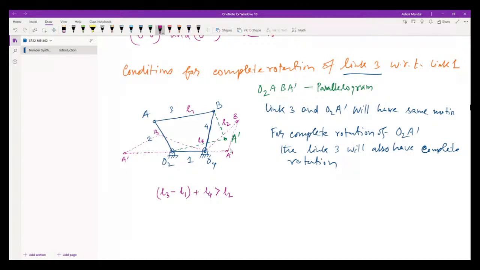Okay, that is one condition. From this we can write down L1 plus L2 is less than L3 plus L4. On the other hand, if you have the same condition here, you apply this length plus this length must be greater than L4, which gives you L1 plus L4 is less than L2 plus L3. And from this extreme position, so this length,